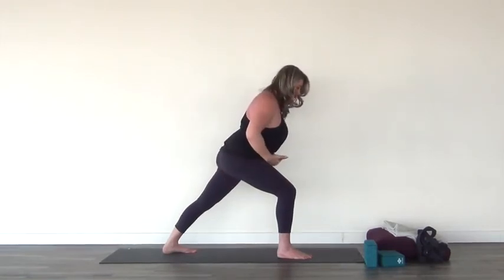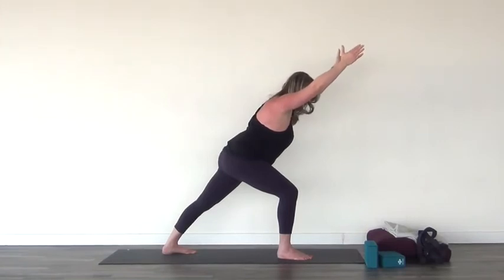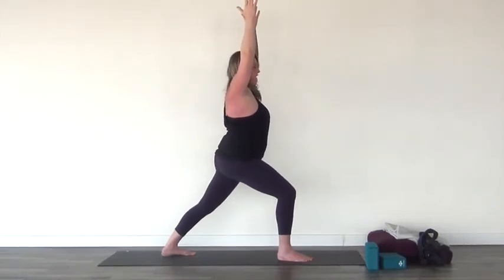That's the position. Really depends on how far along you are. So you can also walk the right foot over, creating a bit more space. So I want you to hug onto baby, moving kind of the sides of the pelvis to the midline of the body. Exhalation, we take the arms up and overhead, coming back into warrior one, pushing into the heel of